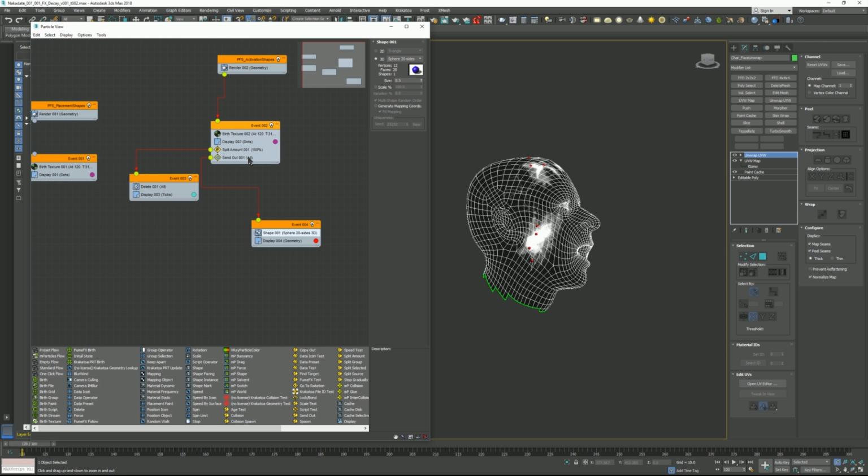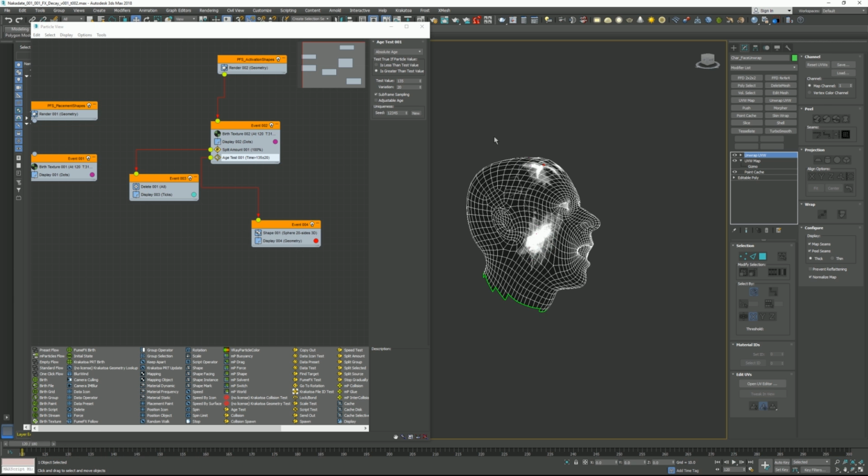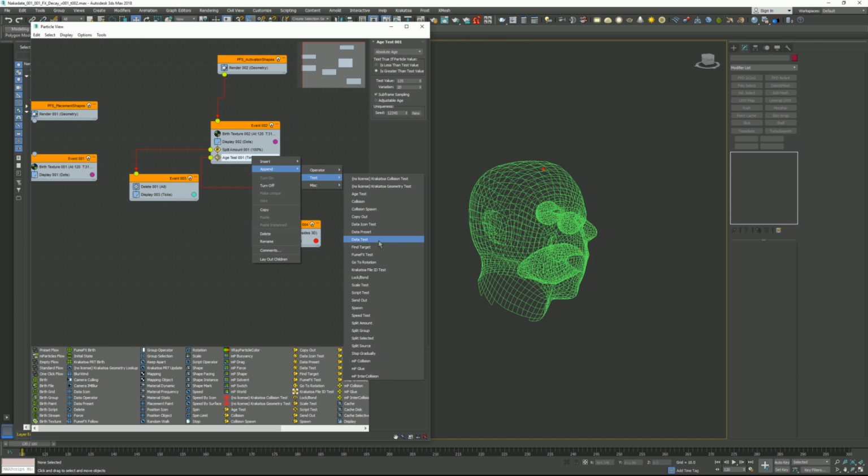So what we could initially do is, instead of a send out, we could actually say age test, and we can set that age test to absolute and set it to, let's say, 135 and vary by 20. It just means that now at frame 120 there's not much on there, but you see these little particles start to pop on over time. And the other thing we can do is lock the remaining particles